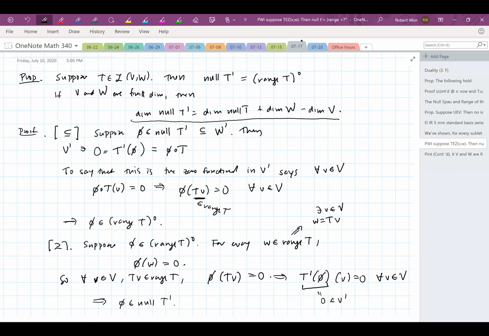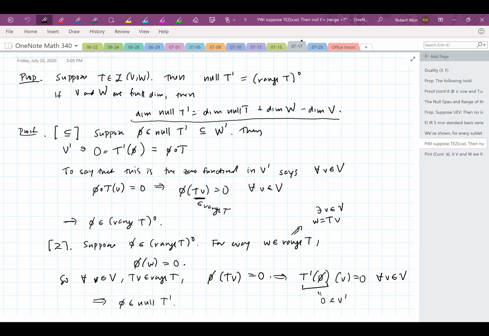So we were in the midst of talking about this idea of duality, right? Taking a vector space, you can take its dual, which is just the space of all linear maps from the vector space to the ground field. And given any map from V to W, you can take its dual to get a map from W dual to V dual. And we're right in the midst of trying to understand the properties of taking the dual of a map, right? So the last thing that we proved on Friday